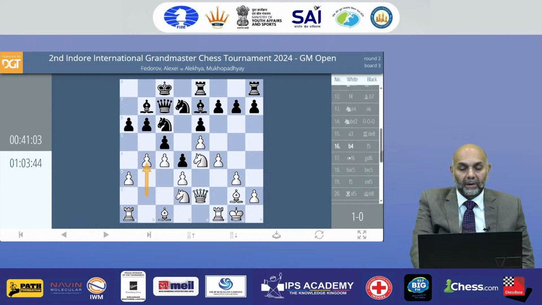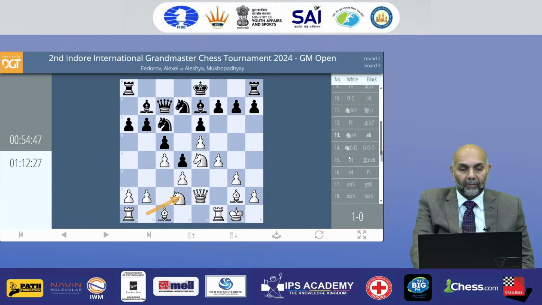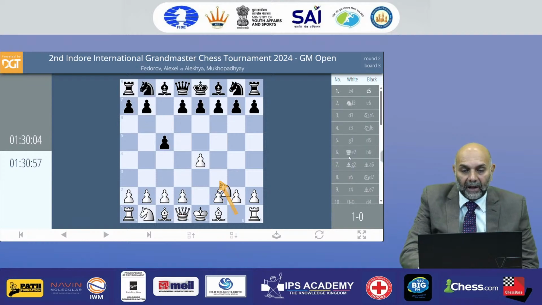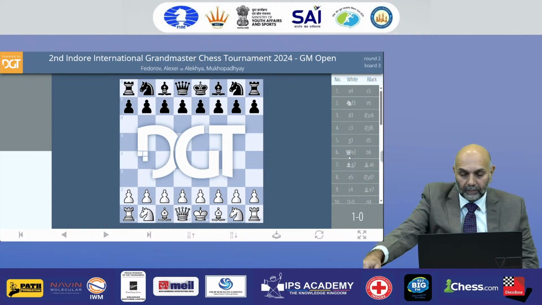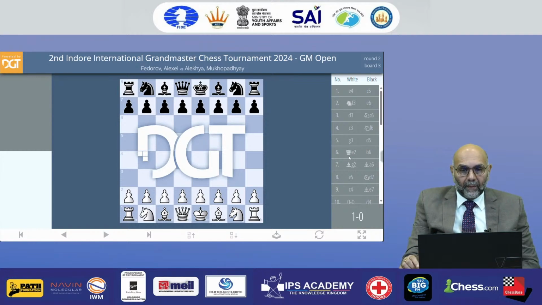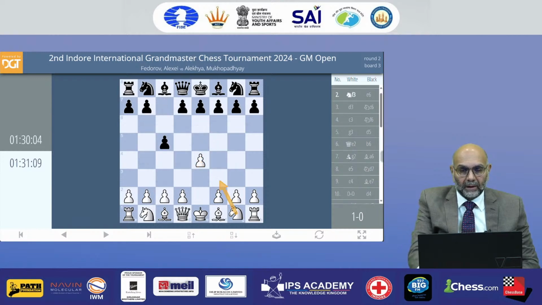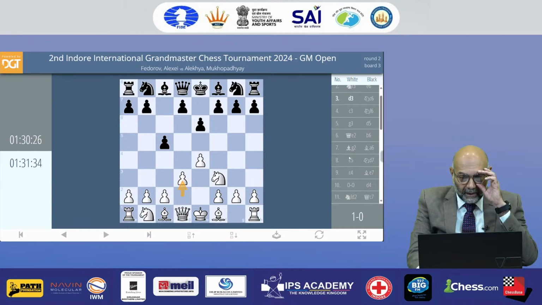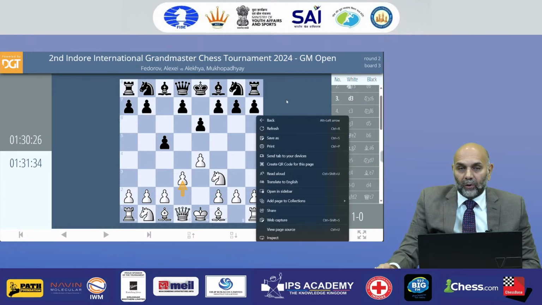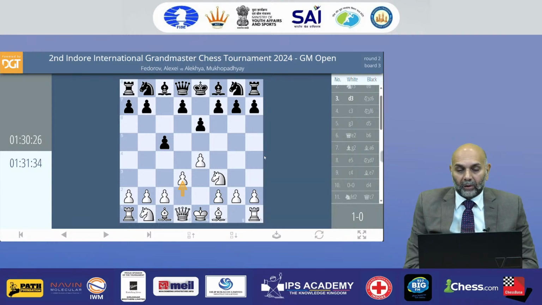We have here an interesting opening, an interesting game, and a game which started with strategical ideas and then culminated in a kingside attack as well as central penetration. So we have Alekhya Mukhopadhyay playing against Fedorov, and let's look at the Sicilian defense, one of the most popular openings played by black, and suddenly a very interesting system by the Russian. The Russian goes for an opening which is not very popular, not very common. It's more common to move the pawn 2 squares rather than 1 pawn.